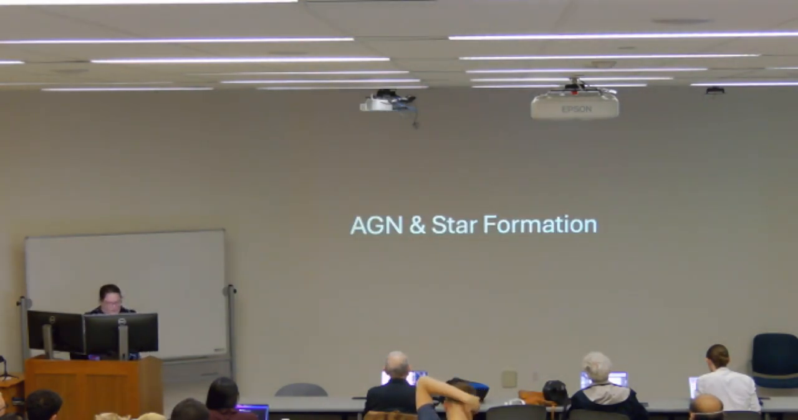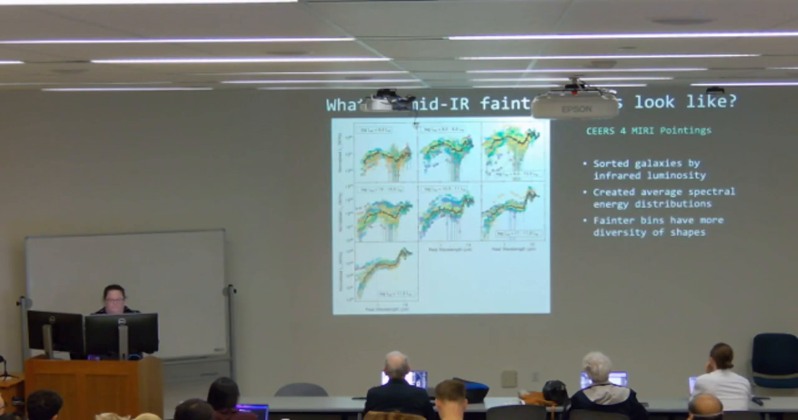All right, our next major goal was AGN and star formation. And again, I'm going to talk about SEARS first before talking about MEGA. So this was my paper on the 4 SEARS MIRI pointings. And what I found, and I'll show you in a minute, was that it was actually pretty hard to identify AGN. Out of 400 galaxies,